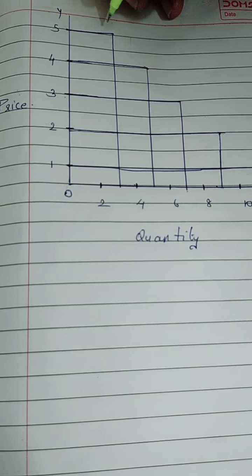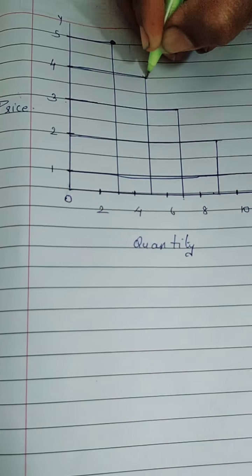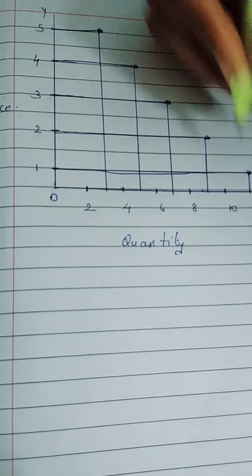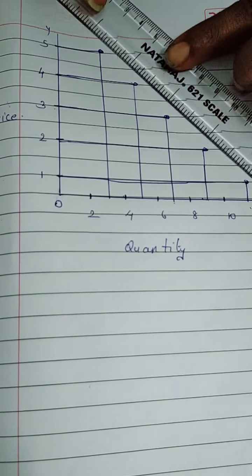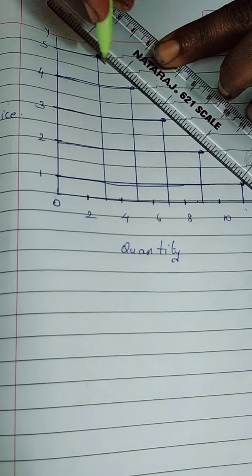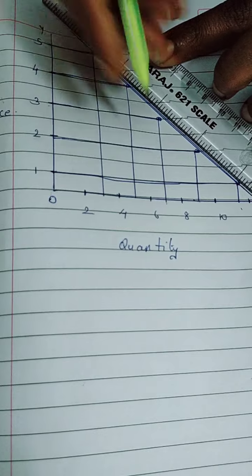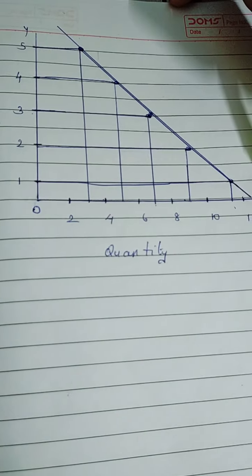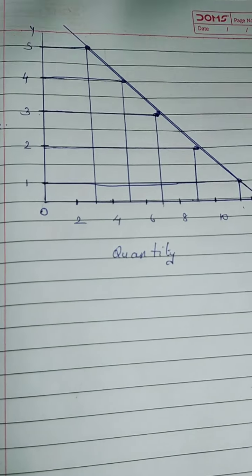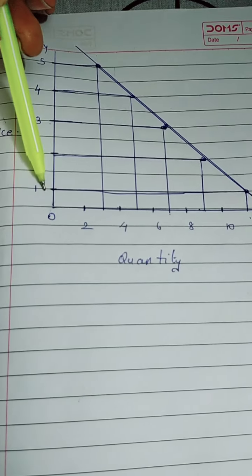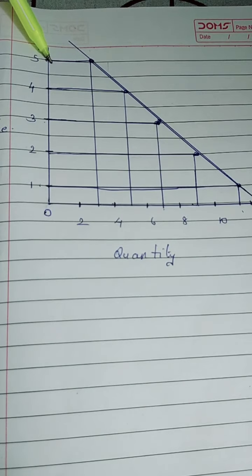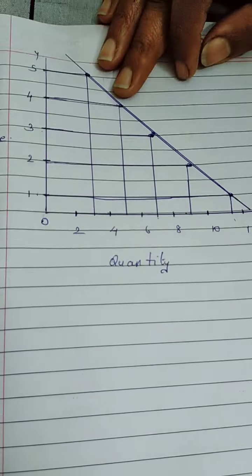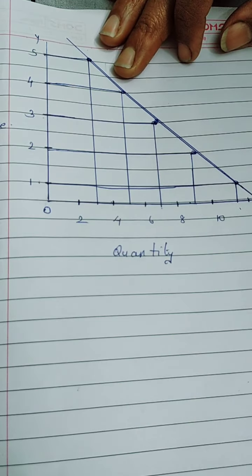Now what you have to do is just join all these dots for the curve. So these were the dots, you will just join them. Again you can see this is the demand curve. We'll join it properly. So this is again downward sloping because this was an inverse relationship: price was increasing, and the market demand was decreasing. Understood? So this is all about the curve, that is the demand curve.